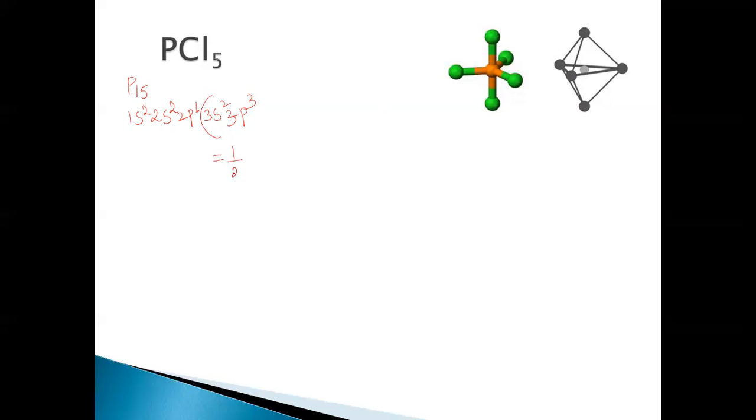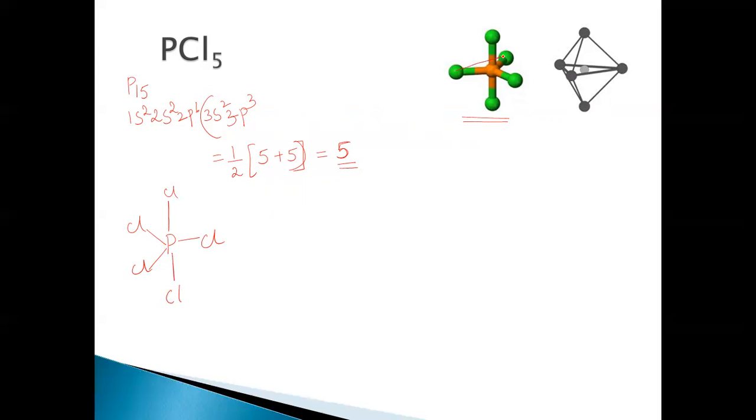So half into 5 plus 5, the total number of atoms it is bonded to is 5. So we arrive at a new steric number, that is 5. So phosphorus is bonded to 5 chlorine atoms in this manner. So when we look at the shape of this,